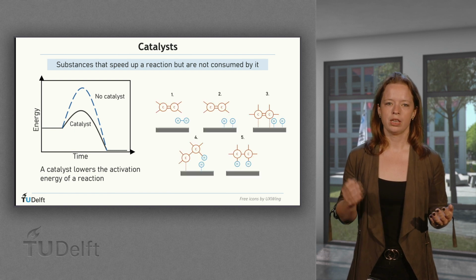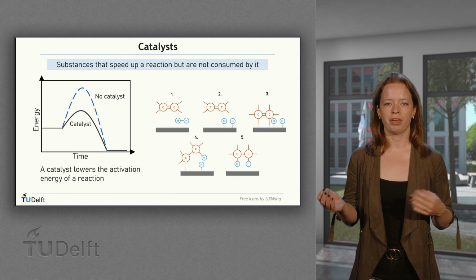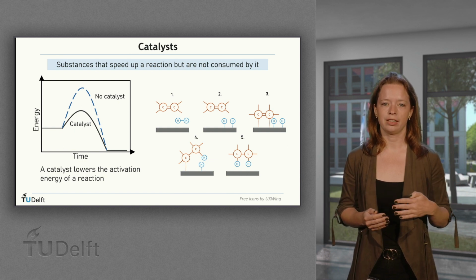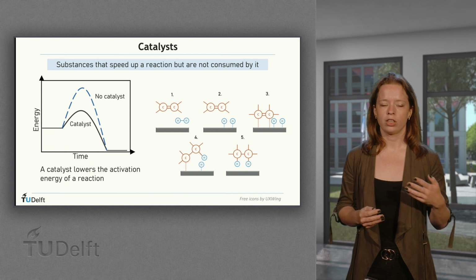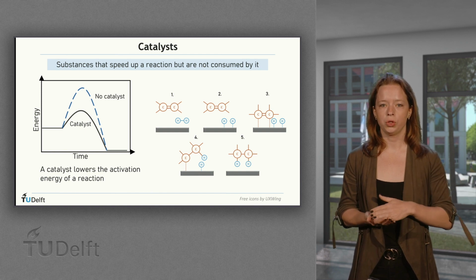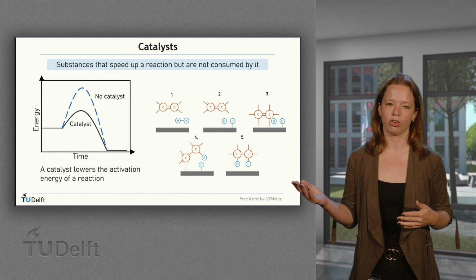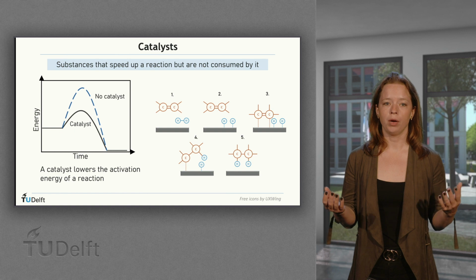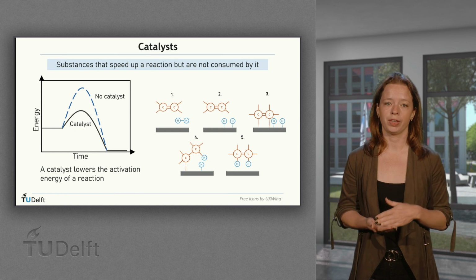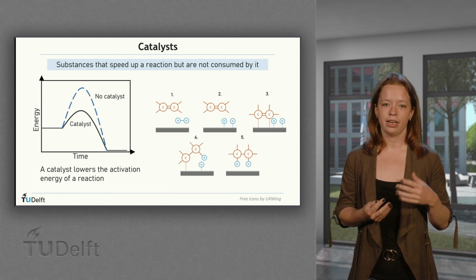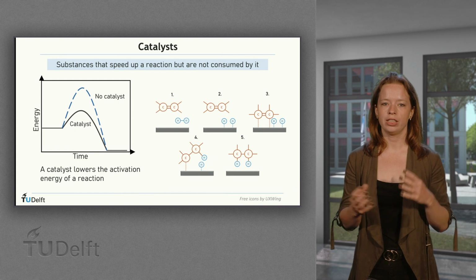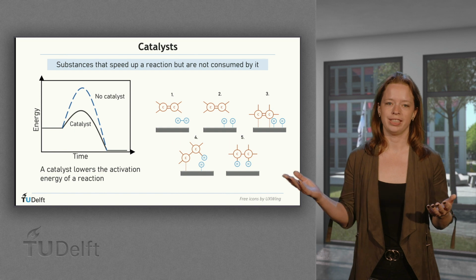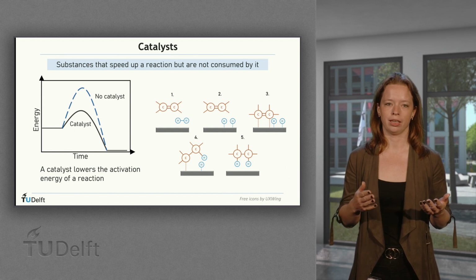For example, the cartoon on the right depicts the reaction of ethylene and hydrogen gas. The hydrogen lands on the surface of the catalyst and breaks its bonds. This causes the hydrogen atoms to be bonded to the surface, as you can see in the second image. The double bond of ethylene is also broken, and the two carbon atoms also bond to the surface of the catalyst. Then the hydrogen atoms can migrate until they collide with the bound carbon species, and they react, as you can see in image 4, to form ethane.